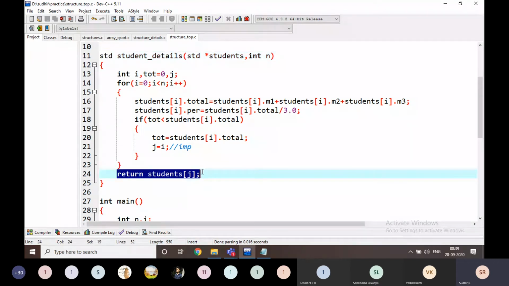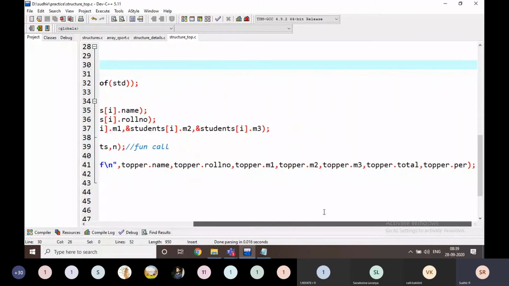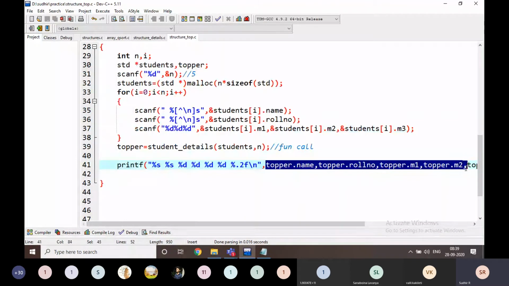That means one particular student's details I am going to return here. Here also topper is equal to, what is topper? Topper is of type student, one single student. That's why I'm not mentioning any star here. And I'm going to display the data of the student here: topper dot like this. Okay, I'm going to return like this.